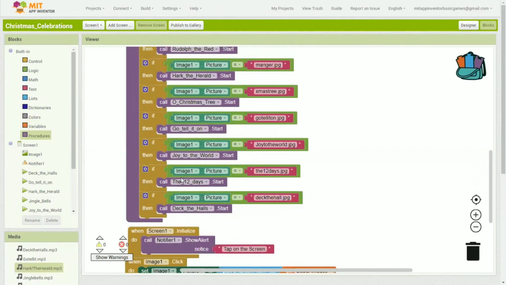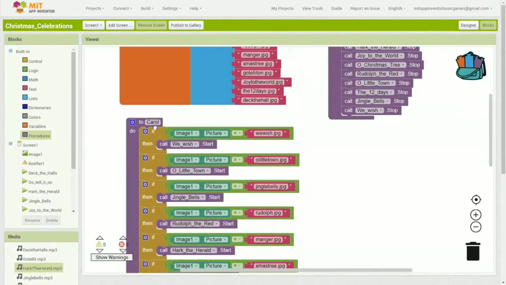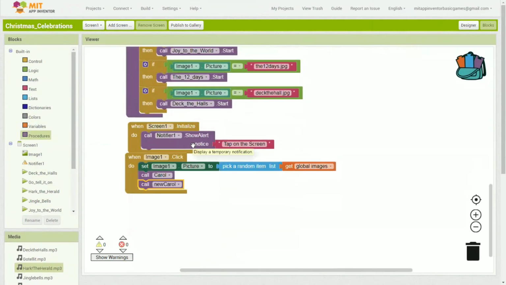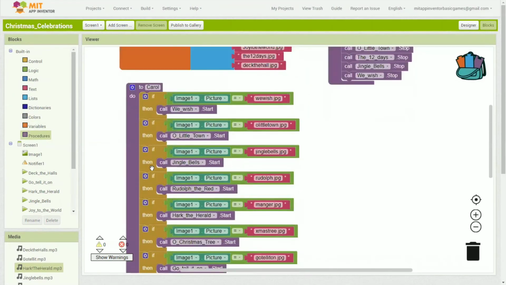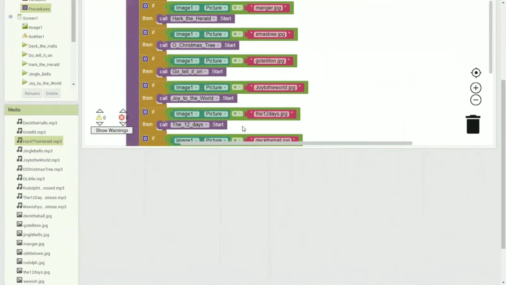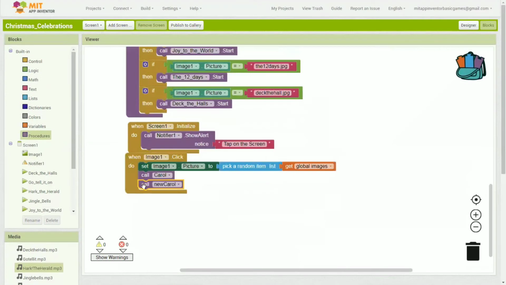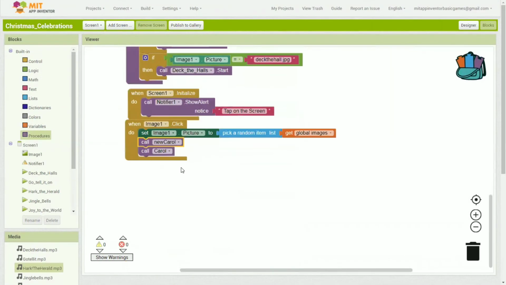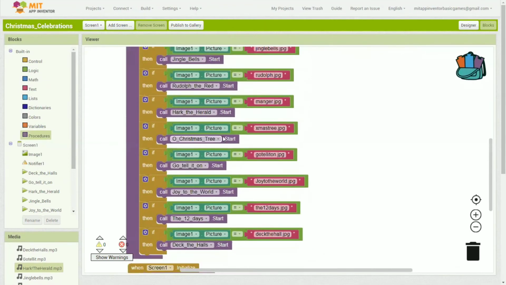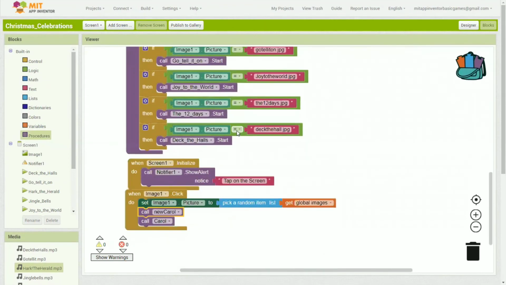Yeah, so as you can see that call Carol is playing of the song and call new Carol is stopping of the song. Okay, so call new Carol is stopping and call Carol. So we are going to just reverse this because new Carol is stopping. So first the song will be stopped and then the song will be played.